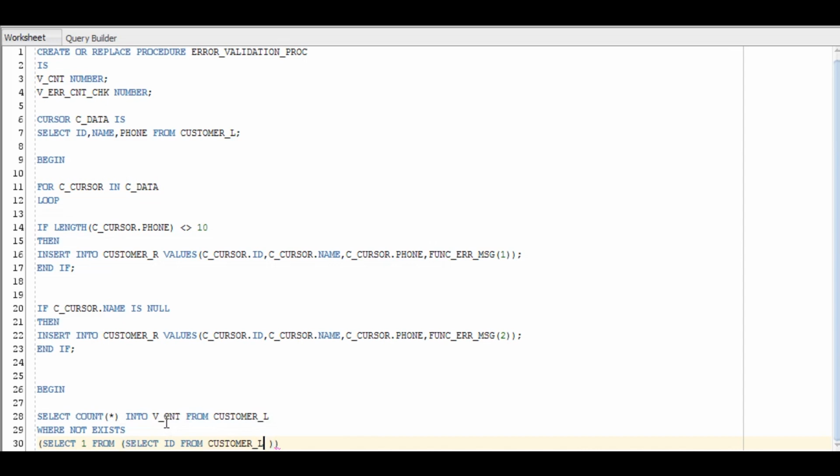Here we are using not exists because we don't want to consider those records in this block which have a count of IDs equal to 1, meaning those records are not duplicate. We could have used not in also instead of not exists, but not in does not perform well with null records, so we need to use not exists.